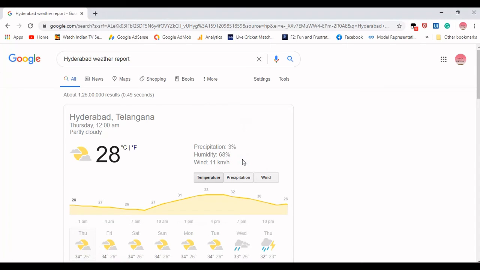And this 28, 3%, 68%, 11, and then the other one is Visakhapatnam.